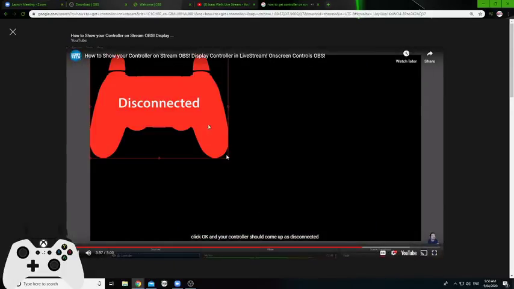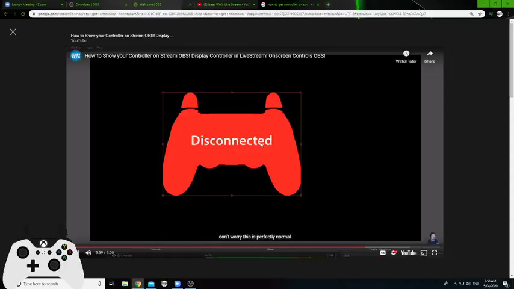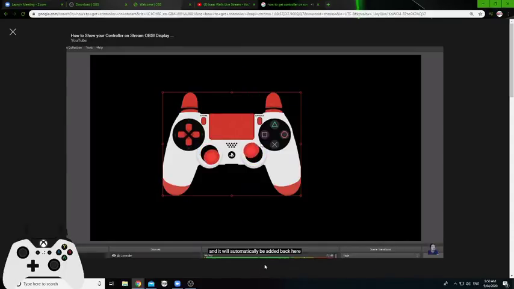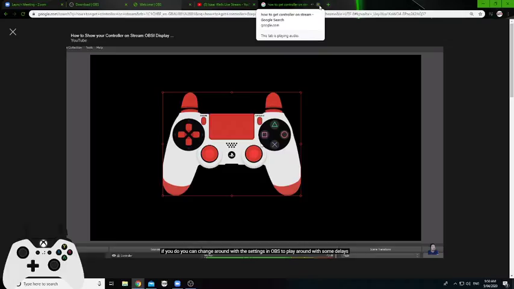Click OK, and then your controller should come up as disconnected. Don't worry, this is perfectly normal. All you want to do to reconnect it is press any button on your controller and it will automatically be added back here. And if we press some buttons, they will automatically come up. Now you may notice some delay with this. If you do, you can change around with the set